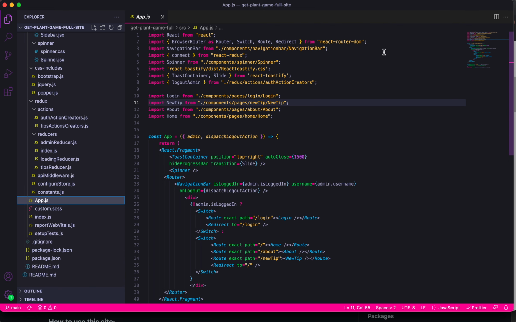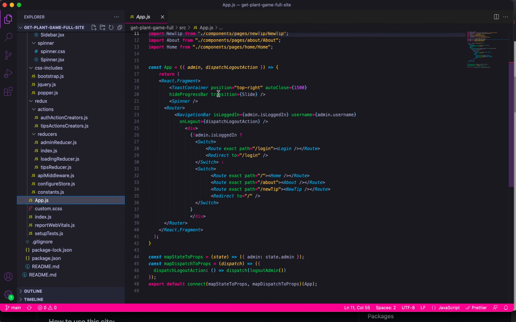And app.js is here. So this loads the spinner. It dispatches the Redux actions, and the routes are stored here for the React router DOM. So you've got your login route. It's saying that unless you're logged in, it's going to redirect you here. You've got your route path, which is home. You've got your about and your new tip. And if